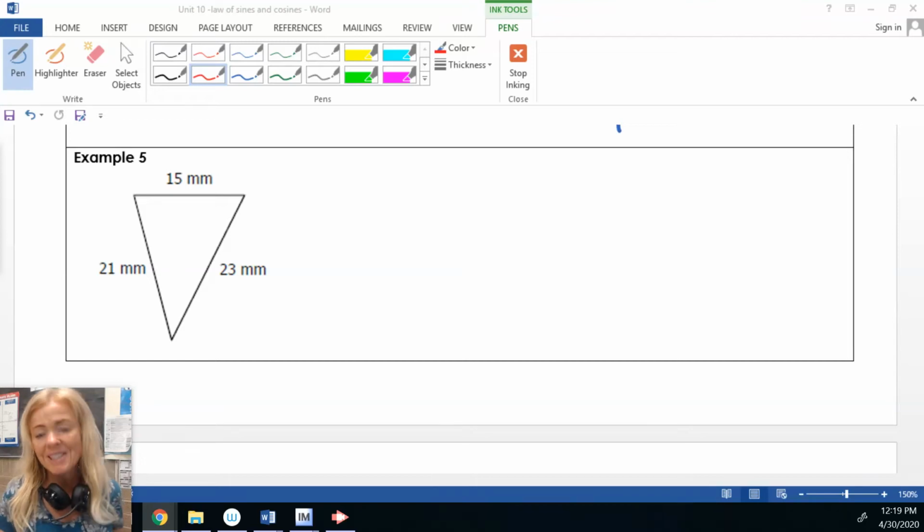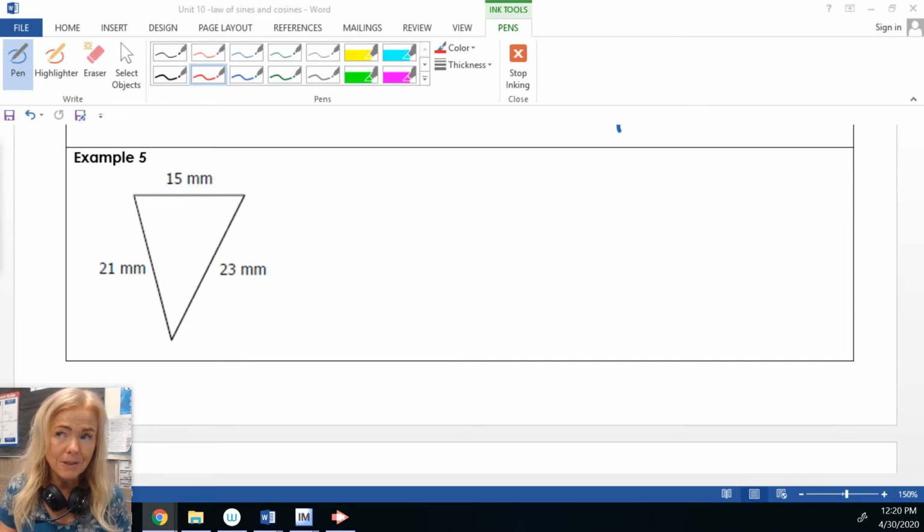All right, so we just have one example here, but maybe I'll do a few from the homework, which might help fill out a little more time. But this is example 5, and we have to use something to get an angle. And to get an angle is